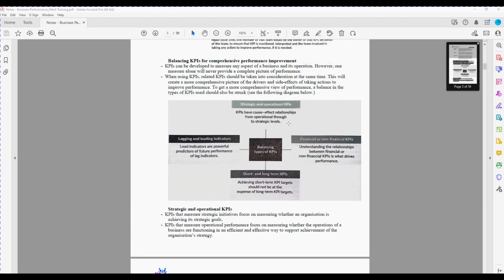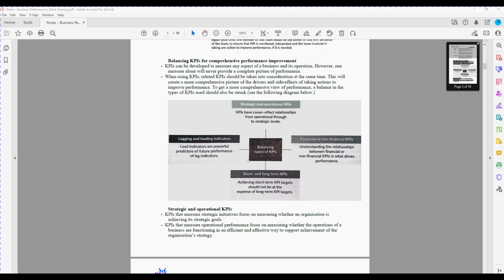Okay, so there are a couple of considerations here with KPIs in terms of categories of KPIs and balancing enough of the different types to ensure we have a relatively complete and comprehensive understanding of the organization, so that we don't get caught out by just having a single KPI or a single understanding.